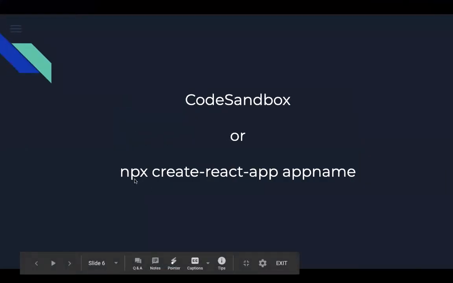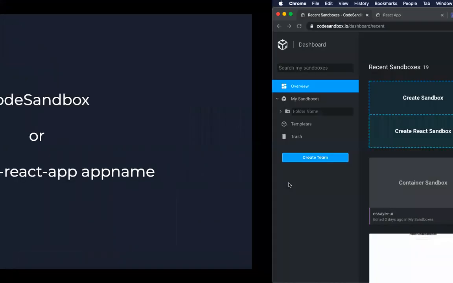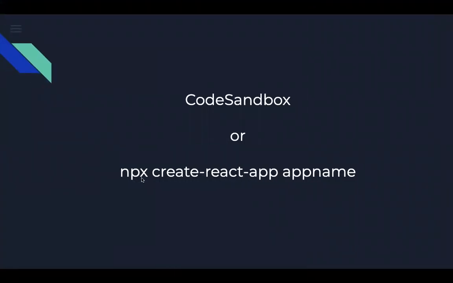So if we see this piece of code here, it says npx create-react-app app-name. What npx does is it runs whatever npm library you have mentioned here in your terminal directly. And the characteristic of create-react-app is that whenever you pass a folder name or an app name after it, it creates a folder of that name in your directory. So if you run this command in your terminal right now, it would create a folder named app-name and it would create a React application inside that folder.